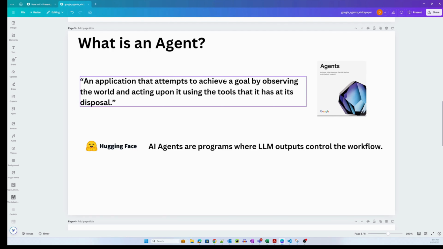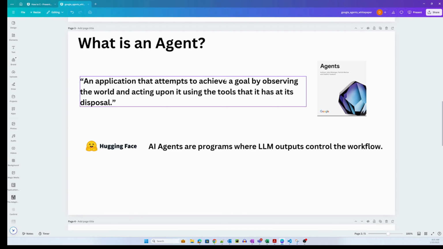Now, this is a simple yet powerful definition that perfectly captures the essence of an agent, right? And I've seen a lot of experts on LinkedIn and on their YouTube channels. They tend to add layers of complexity with terms like reasoning, context awareness, and so on. Those are the expected features, but if somebody asks me what an agent is, I think this is a good definition. This definition keeps things refreshingly straightforward.